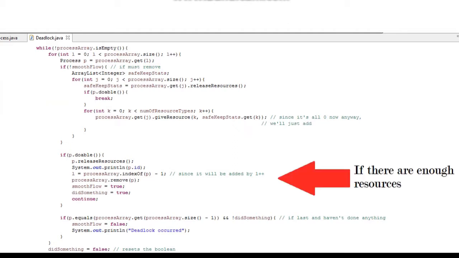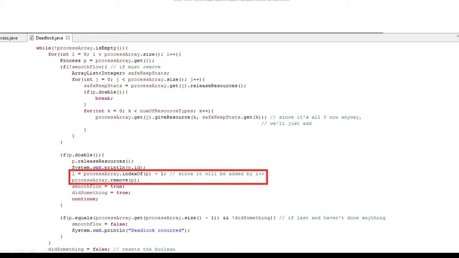First, it will check each process in the process array for any doable processes. Then after each completed process, it will remove that process from the array list and release its resources. The reason for this is that when the program has finished its run-through of the array list, only the unfinished processes remain when it loops back to finish the rest.